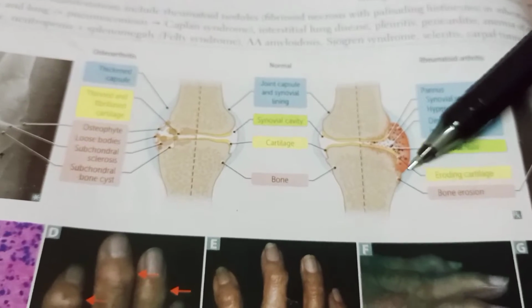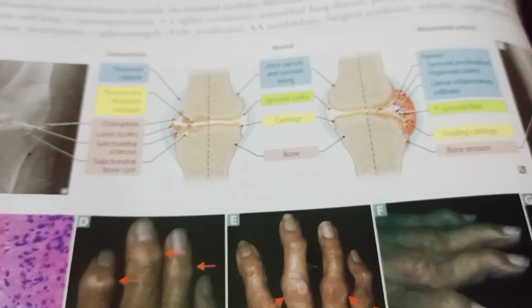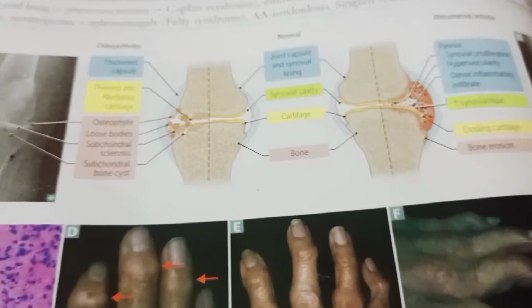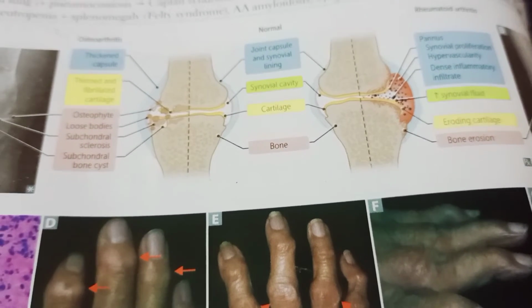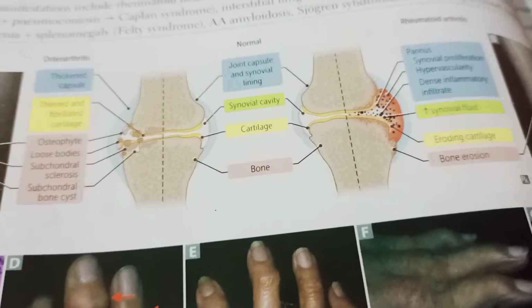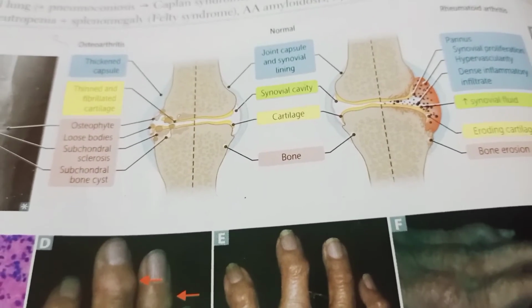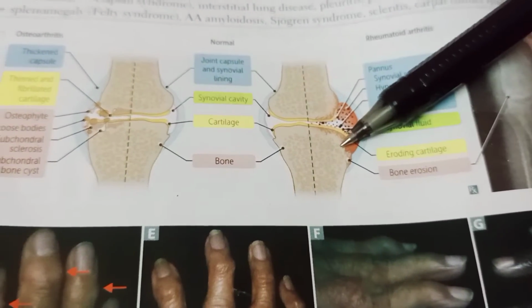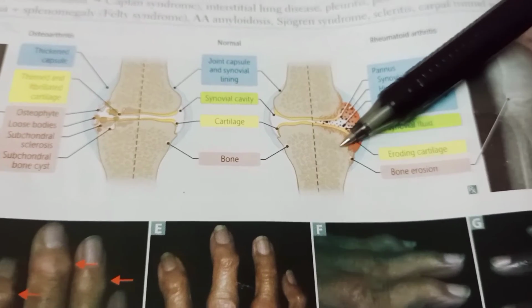But osteoarthritis will decrease with rest. So if you take more rest, osteoarthritis will decrease, but rheumatoid arthritis will improve with use. Like if you're using it more, then your pain is decreasing. So that is the difference. And the symmetric joint involvement, yes, the symmetric joint involvement, and extra-articular manifestations are